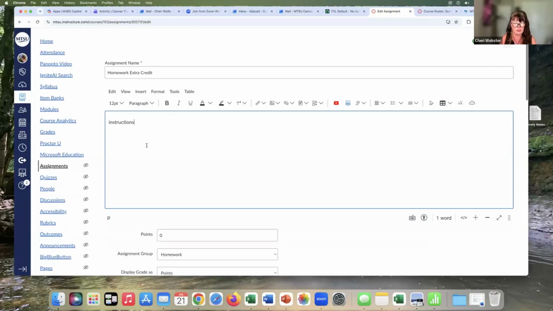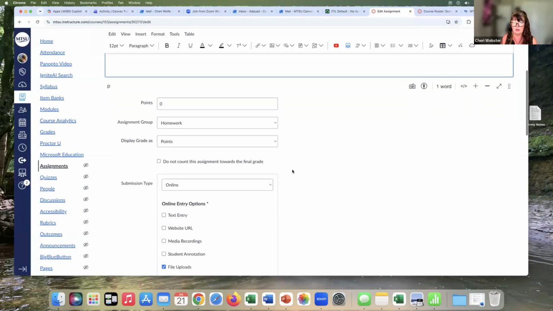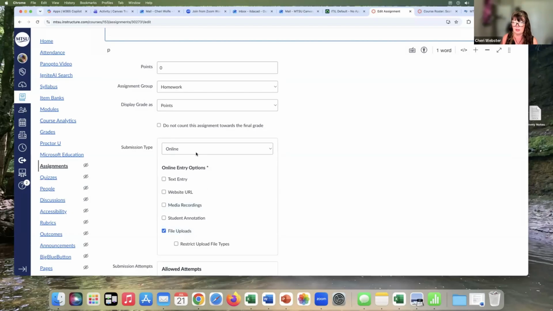Here we go. Here are our instructions. Again, it's worth 0 points. And I've got this one as an extra credit homework assignment. And I've got it as a file upload, which means I would open it in